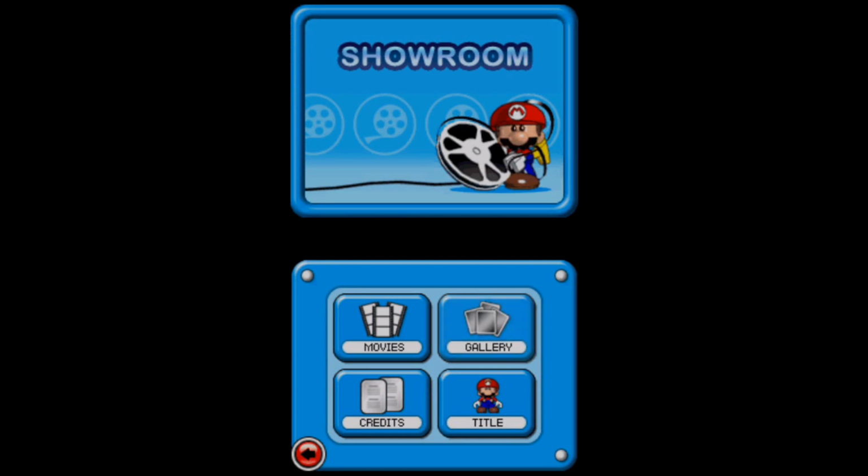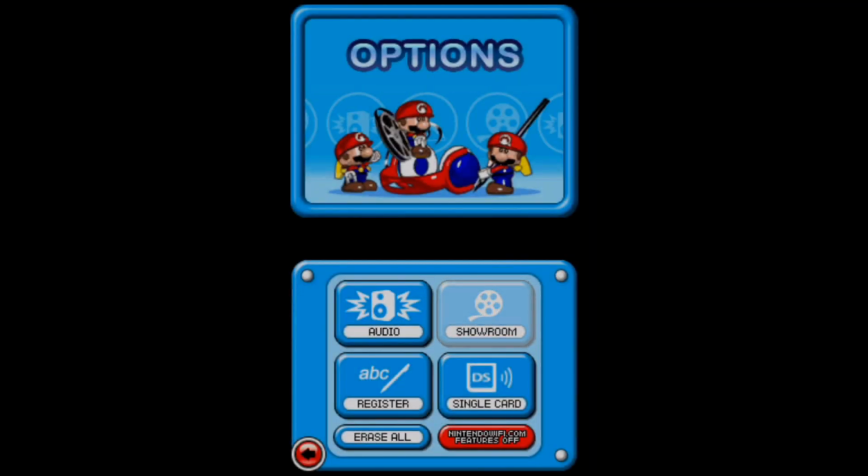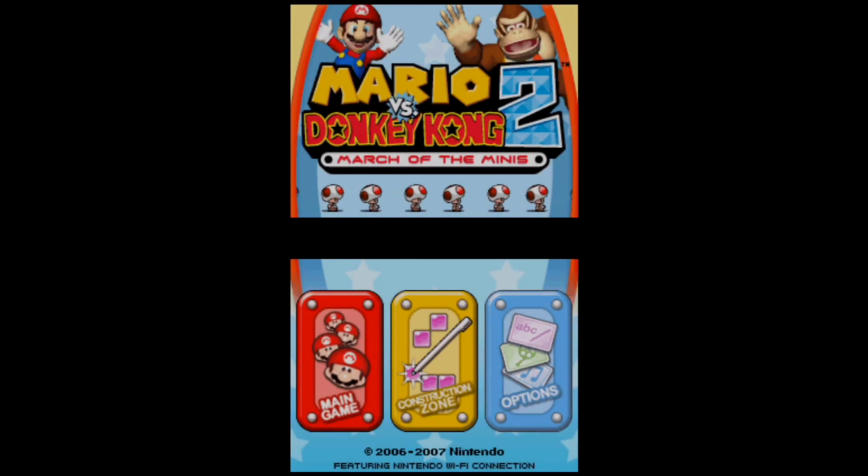There's also the credits, which you can rewatch every time you like. And there's also this new feature, which appears to be the title option. As you can see, we have a choice between Mini Mario, Mini Toad, Mini Peach, and Mini Donkey Kong. And what you can use it with is...